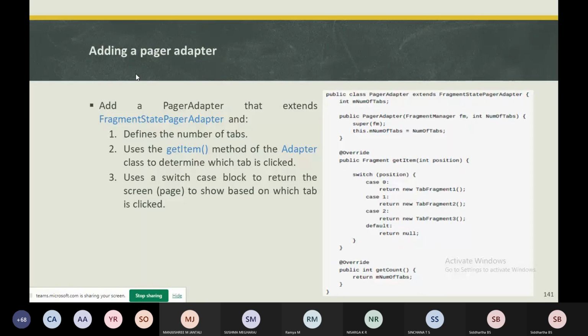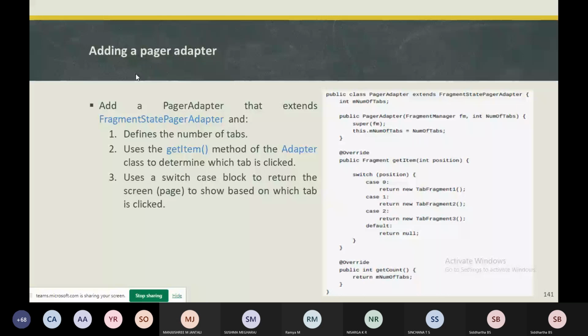So ViewPager is most often used in conjunction with the Fragment class. ViewPager will be used with the Fragment class, where it is a convenient way to supply and manage the life cycle of data. Why use the ViewPager in conjunction with the Fragment class? Because you can easily supply the screens whichever way you want, and also easily manage the screen life cycle. As we studied the activity life cycles, you can manage those life cycles. So how are we going to add it? You can add a page adapter where that page adapter is going to extend the FragmentStatePagerAdapter.